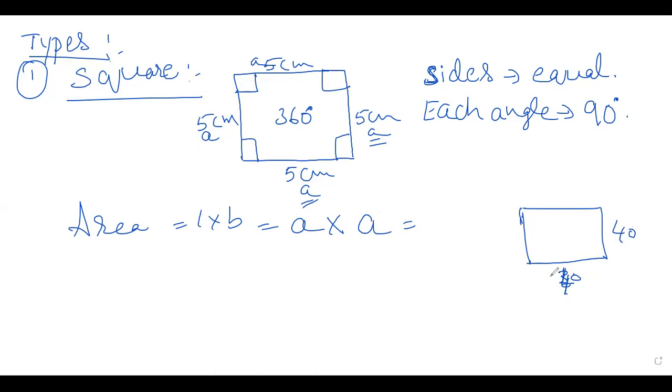So how will you find out the area? You will measure the length of the land and the breadth of the land. Okay, then if you multiply that, you will get the area of the land. Okay, and if it is 30 and 40, what will you do? Then also you will do 30 into 40. So here, if it is a square, how to find the area?